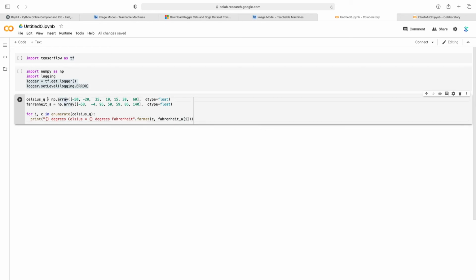Okay, so what does this actually mean? So first, like I said, we have our two lists. The NumPy array just makes it more powerful. And so we already talked about how for loops work. So what are we doing right here? Enumerate allows us to get the item value, but also the index. So when we get -50, we also get 0. That way, we can use the 0 value from Fahrenheit. So if I run this,